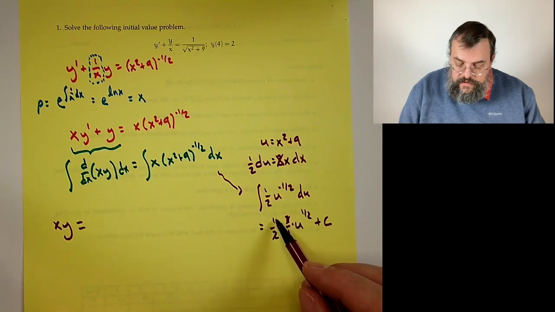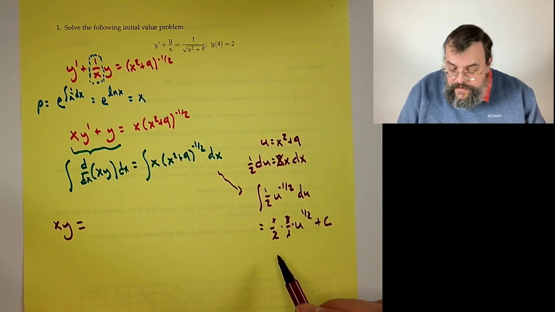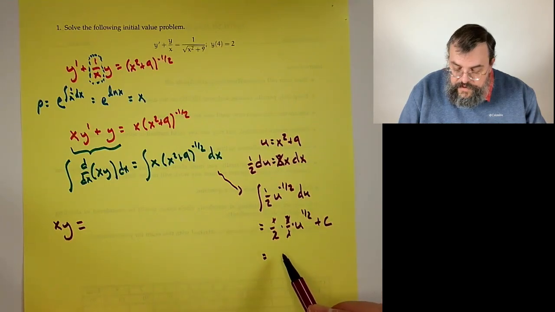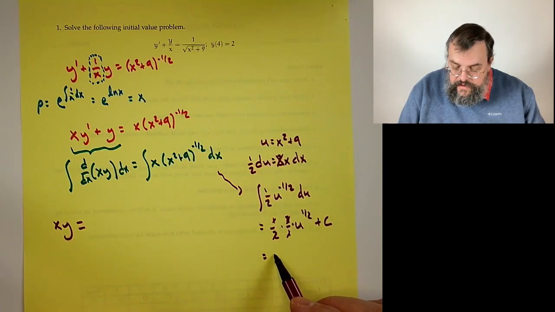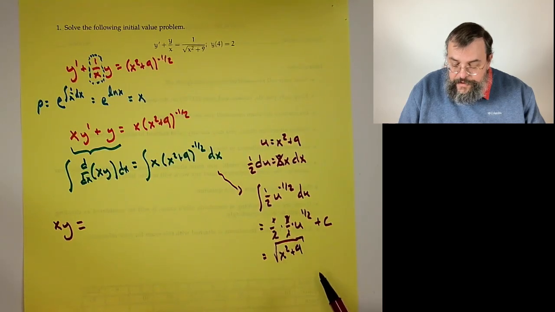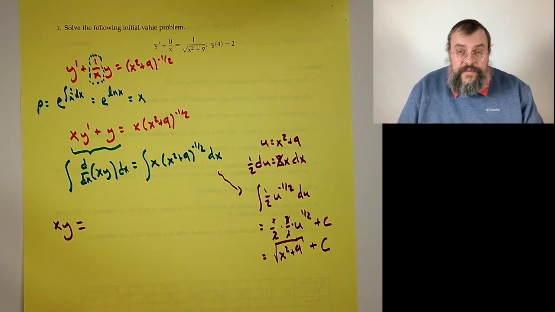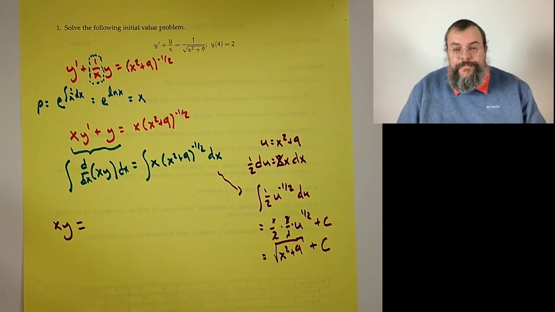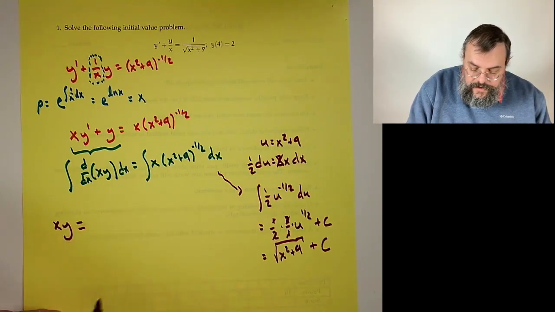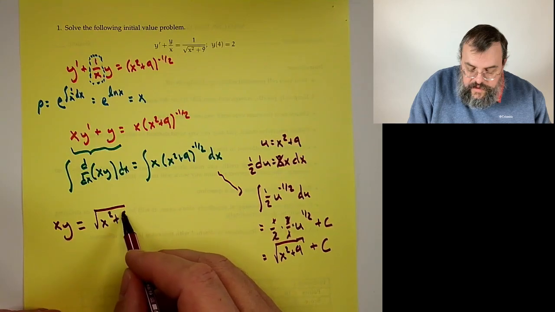Well, the 2's cancel, the 1's are 1's. So you end up with u to the 1/2. But remember, u is x squared plus 9. Now, since we're past the calculus phase, we can rewrite it as square root of x squared plus 9 plus some constant c. All right, so that comes over here. Square root of x squared plus 9